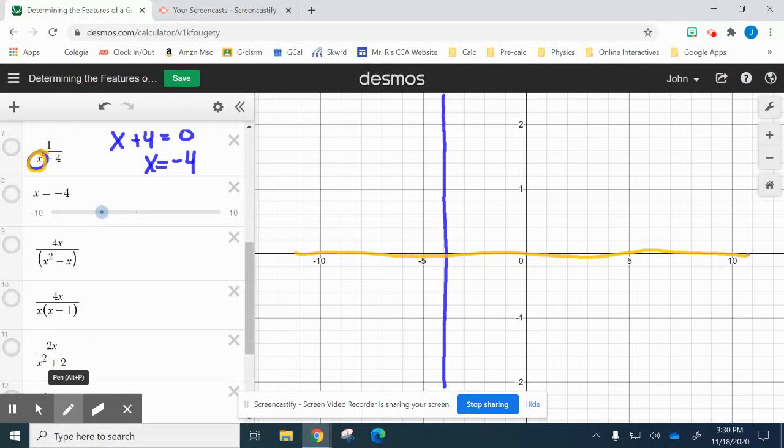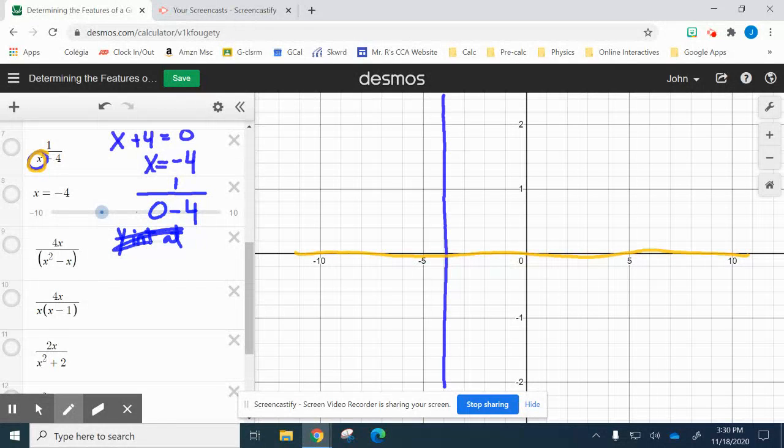And then for our x and y intercepts, so we know we're not going to have an x-intercept because we're going to have a horizontal asymptote at y equals 0, right? But let's just go through the process anyways. So to find our y-intercept, we take this function, right? And we put 0 in for x. So we've got our y-intercept is going to be at, I was going to make an at symbol, and then I ended up writing in cursive. Our y-intercept is going to, let's see, okay, so